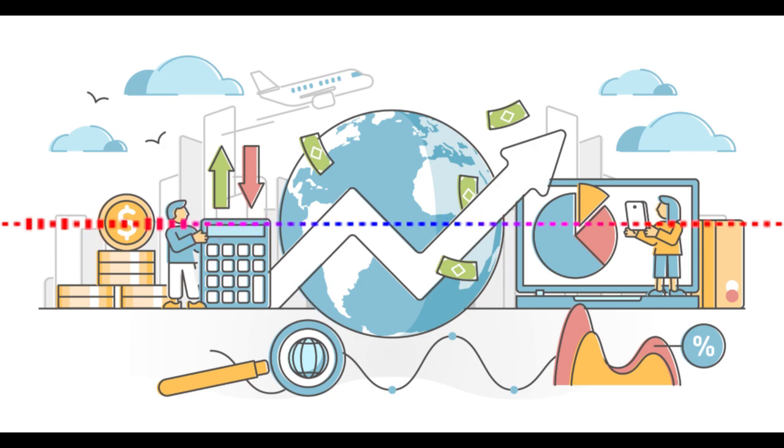A fixed exchange rate regime, where the value of the Uruguayan peso is pegged to another currency, maybe the US dollar, offers stability and predictability for businesses involved in international trade. That stability can make it easier for businesses to plan and invest, knowing exchange rate swings won't mess with their costs or revenues.